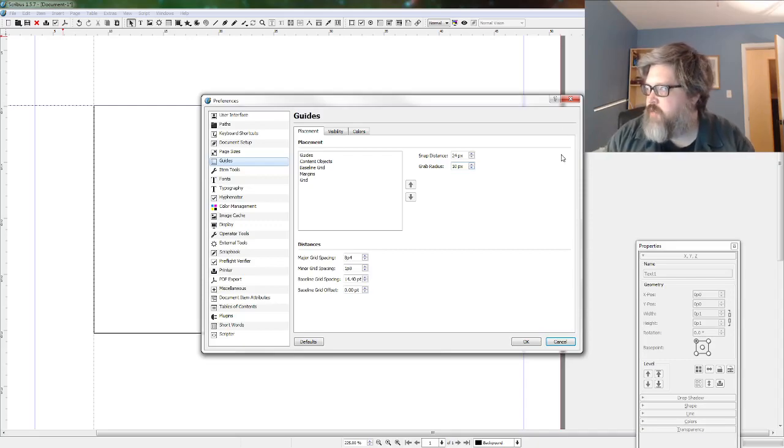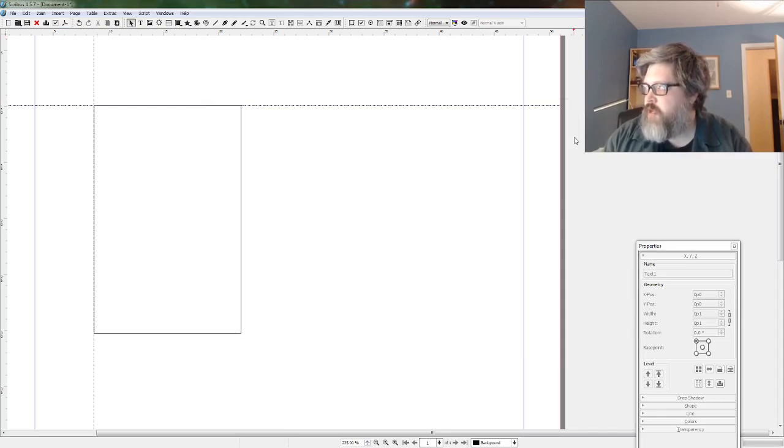So that should give you enough information to get the objects in your document to snap to guides. So I'm going to stop